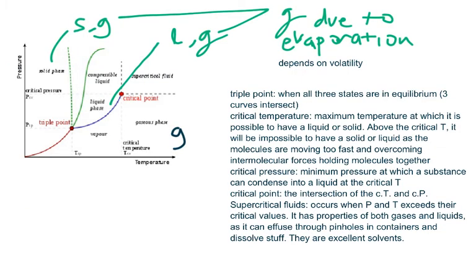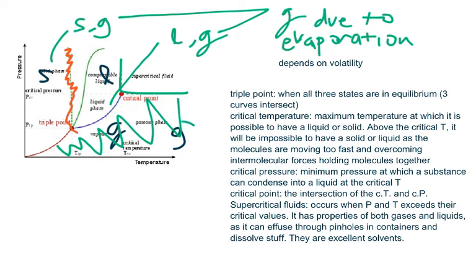The next slide will be talking about what exactly is going on, not on the boundaries, but within the regions. So again, this is the solid region, the liquid region, and the gaseous region. And now let's think about what states of matter exist in these regions. So in this gaseous region, which does not include this supercritical fluid region, it's right here, and this entire region is only gases. So there are only gases in this region, and in these two regions, the liquid region